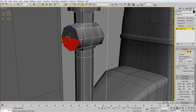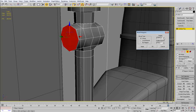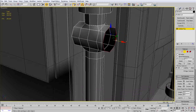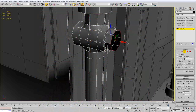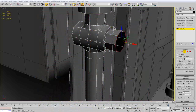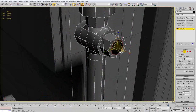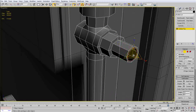attached fully to the main body, I'm going to add all the detail that it needs. I'm just going to delete the front polygon, use the scale and the move to select that small handle there. Actually, I'm just going to create the middle section of that handle, and after that I'm going to use a